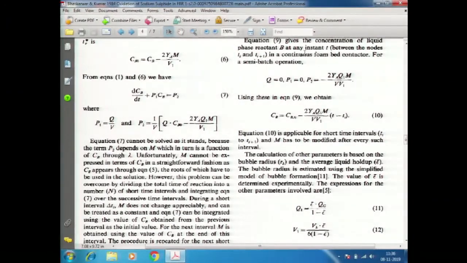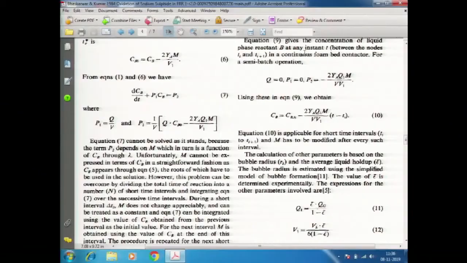One could have said, and now here comes what I did not want you to be confronted with, that level of complexity, but that happened to be practically our final word on the foam bed reactor, and that is do everything numerically, which means basically do not even say that I require pseudo first order conditions. I do not require lambda to be constant. I will take K2 CB, let K2 CSAB, everything vary. Then I can get the solution.